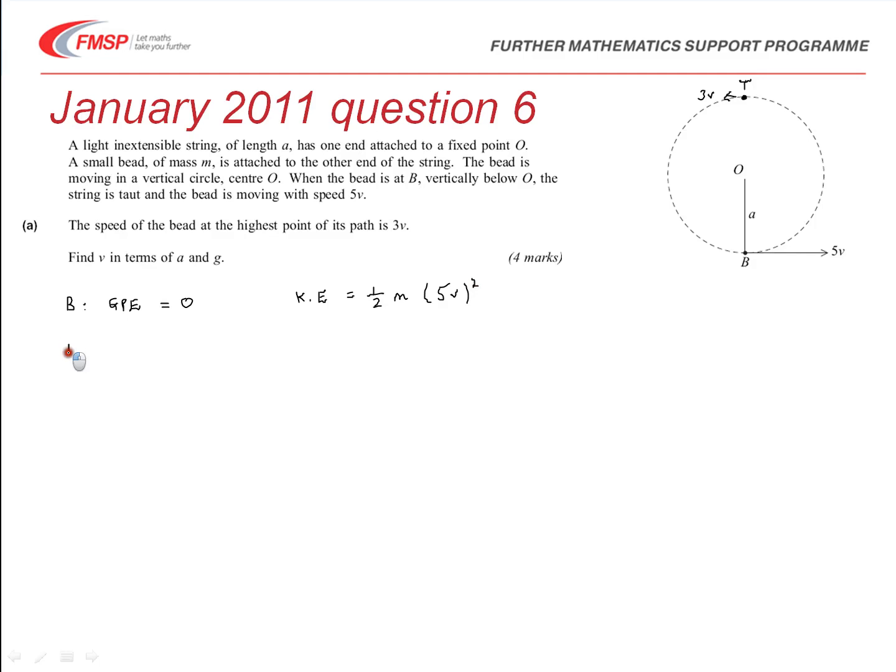Similarly at T, well, we know when we get to T that is 2a, the diameter of the circle, above B, so the GPE will become mg times h, so in this case it's mg times 2a,